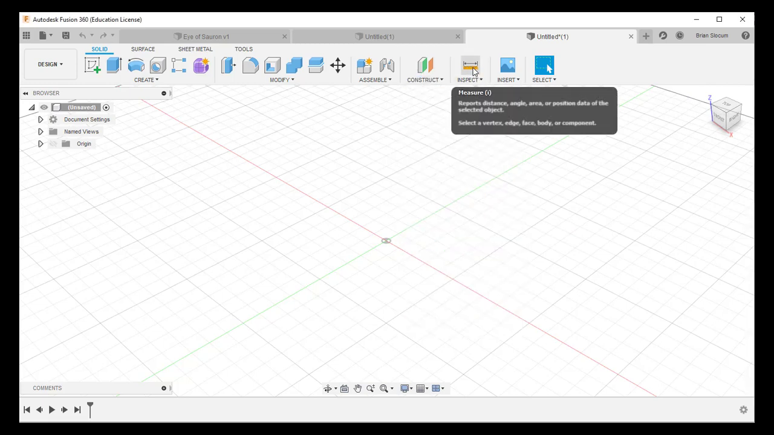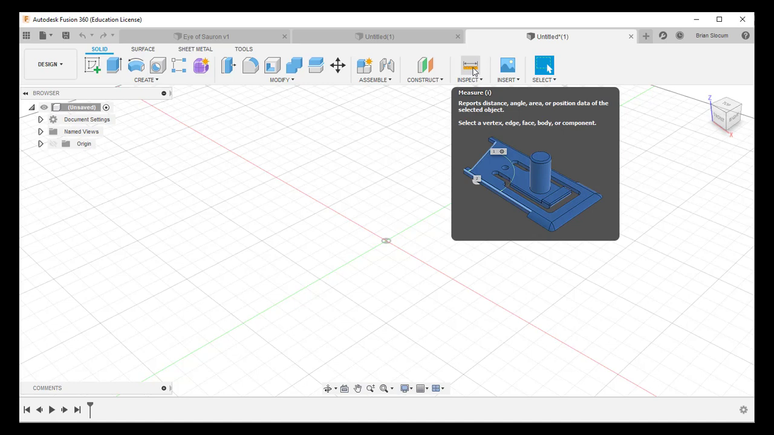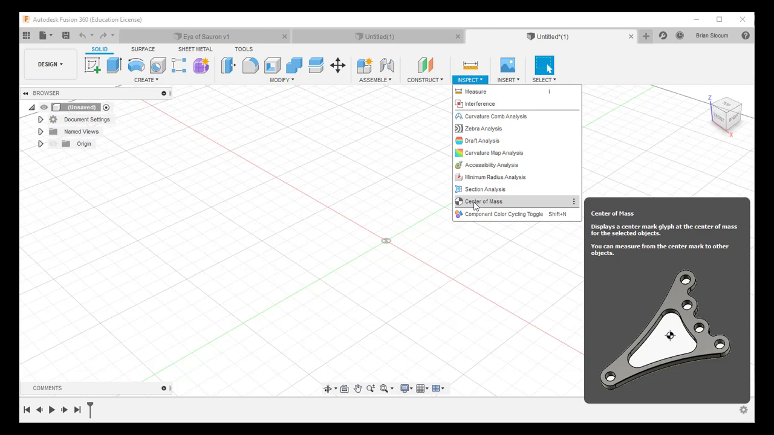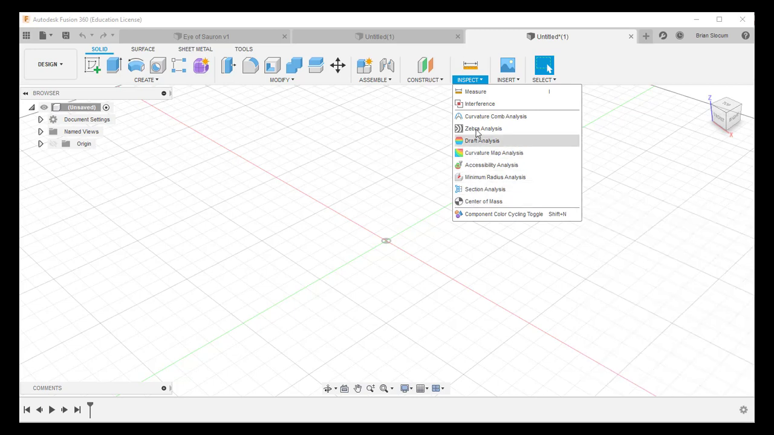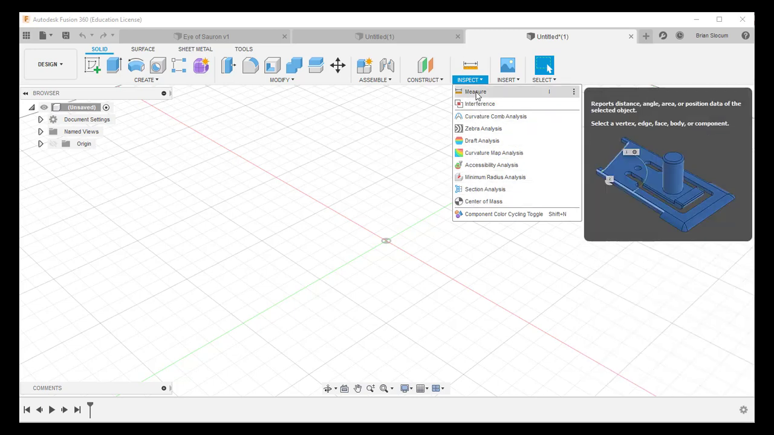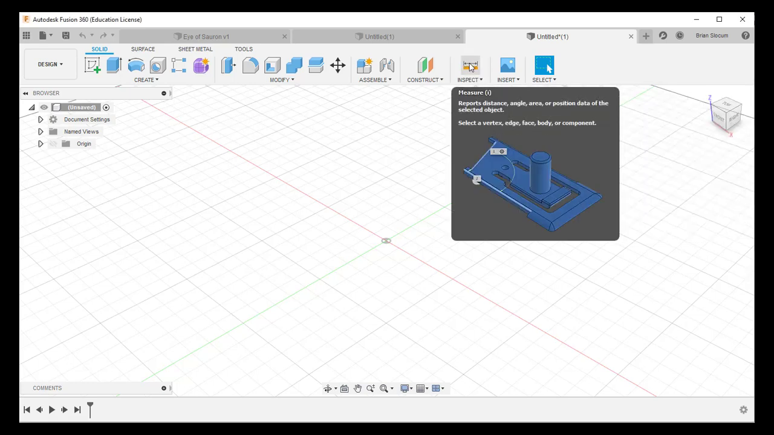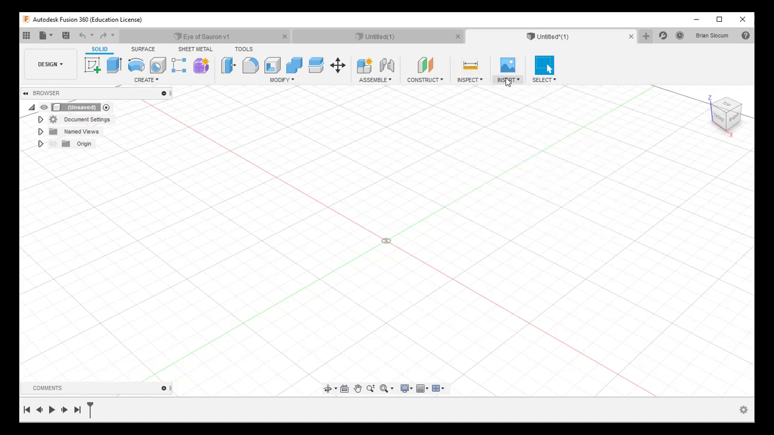Inspect, the default tool here is the measure tool, really convenient to be able to measure between 2 points and see how long it is. There are a few other things here as well. Like center of mass, that can sometimes be very, very helpful. And you can also get the area inside your component, so you get a sense of area or volume as well. Insert, we'll use this in a later tutorial as well, where we're bringing in a drawing that we can